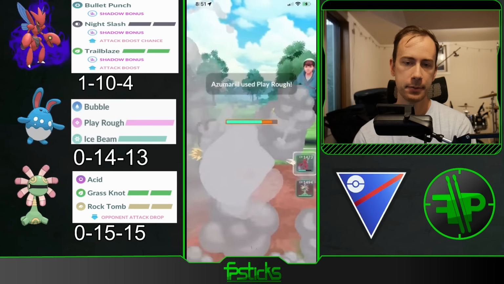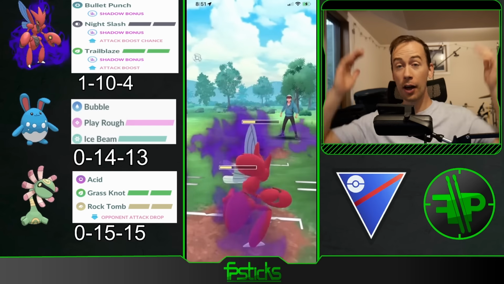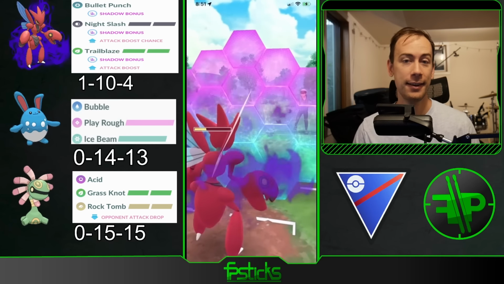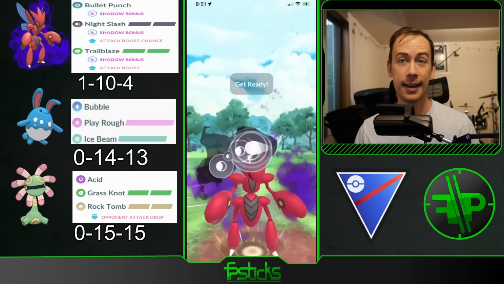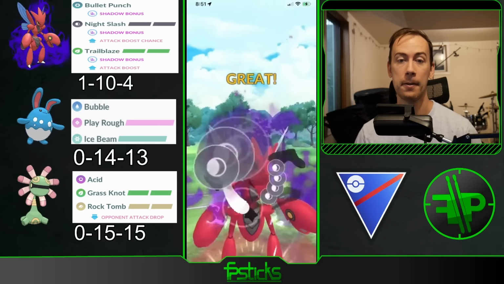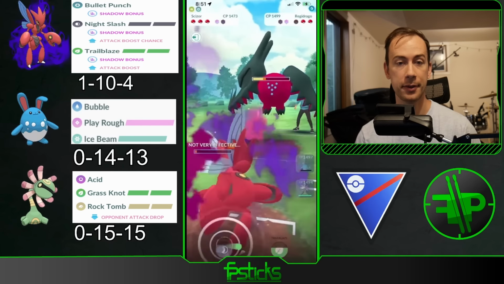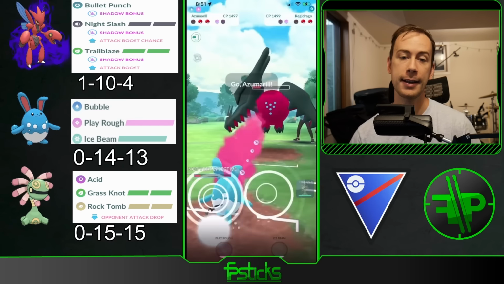So I think I end up going immediately back into my Scizor. And look at all the bullet punch damage that I'm getting on this Carbank. Holy cow, they're staying in because they want to burn my shield. But Scizor just decimated that Carbank. Even though the rock throws were hitting for a good amount of damage on my Scizor, not able to reach another move there, but I end up bringing...